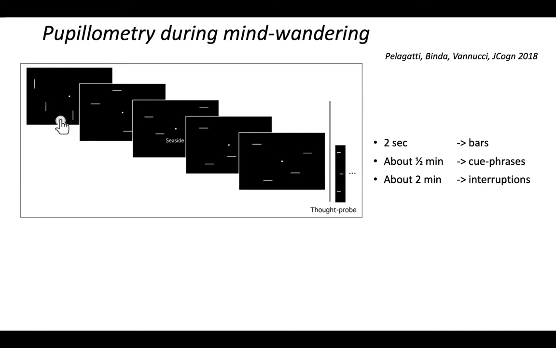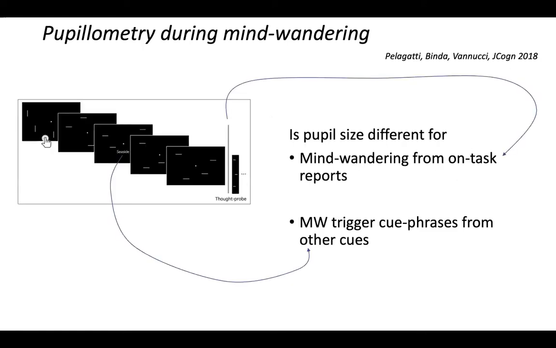Previous research by Manila Vannucci and others had shown that these cue phrases are conducive to mind-wandering episodes, facilitating the occurrence of these episodes. And we used our pupil recordings to basically ask two questions. One, is there a pupil change signature that distinguishes mind-wandering reports from on-task reports? And two, distinguishing cue phrases that were reported to be triggering mind-wandering from the other cue phrases. So to address number one,